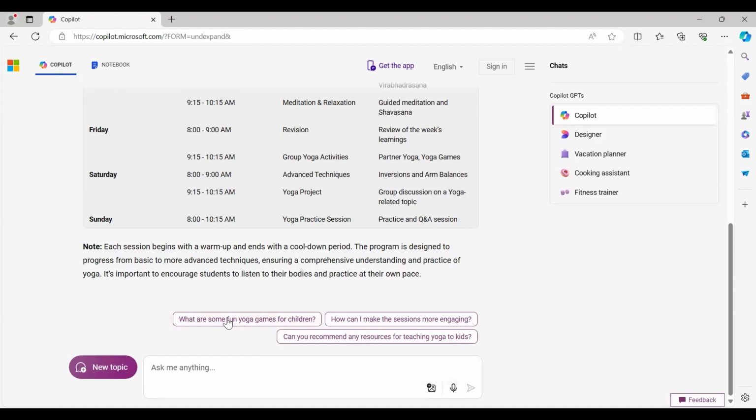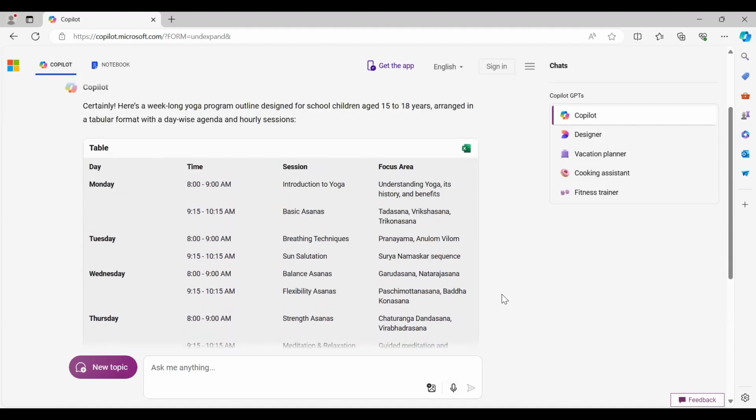So it has got a follow-up prompt here, right? Can you recommend any resources for teaching yoga to kids? What are some fun yoga games for children? So that's the difference between Copilot and ChatGPT.